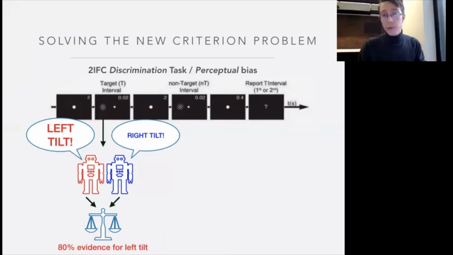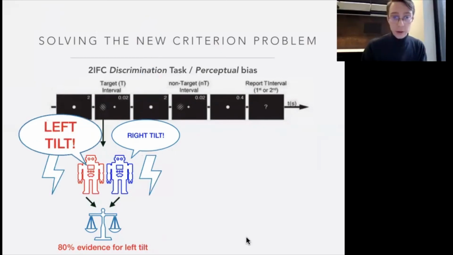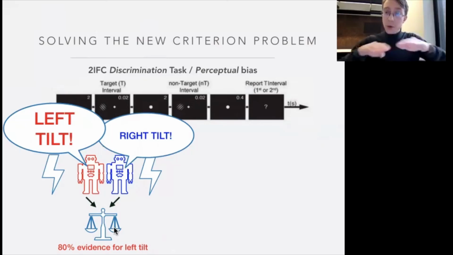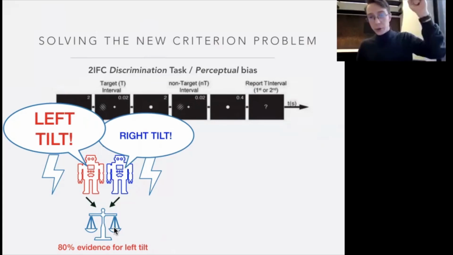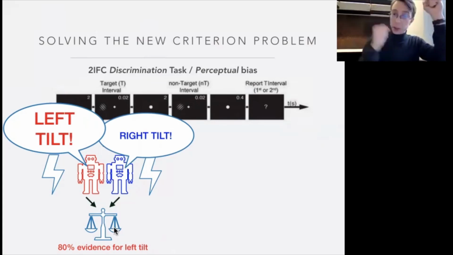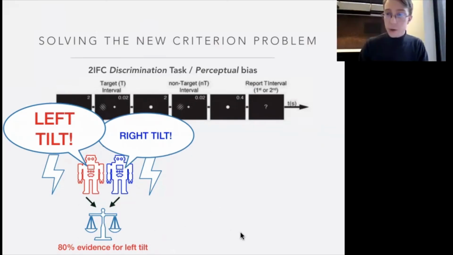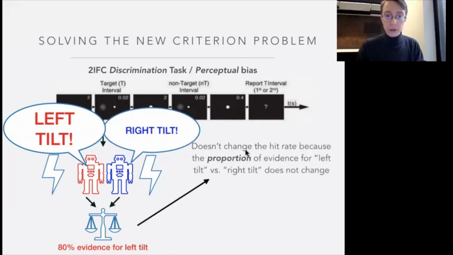Now, let's imagine that you have a perceptual bias. A perceptual bias, again, will boost your feature detectors. So you'll get more evidence for left tilt, but you'll also get more evidence for right tilt. And so ultimately what will happen, and that's very important, is that the balance of evidence will be the same. Because now your little robot for left tilt is more excited, but your little robot for right tilt is also more excited. And so on balance, it will not change. And so that doesn't change the hit rate